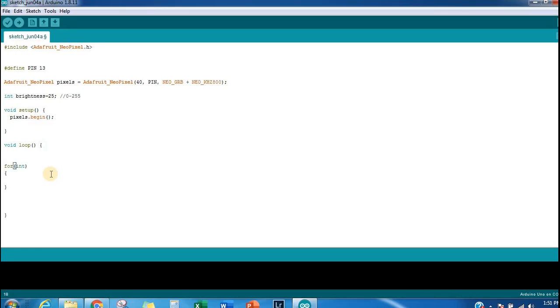It is basically an integer variable. For the sake of this example I will call it i, but this can be any name. You can put any name here, but to make it easy, I will take the variable name as i. In the first part, we have to declare the variable and give it an initial value, which is the value the variable starts from. In this case, the variable i starts from 0, and we have to separate these three parts.